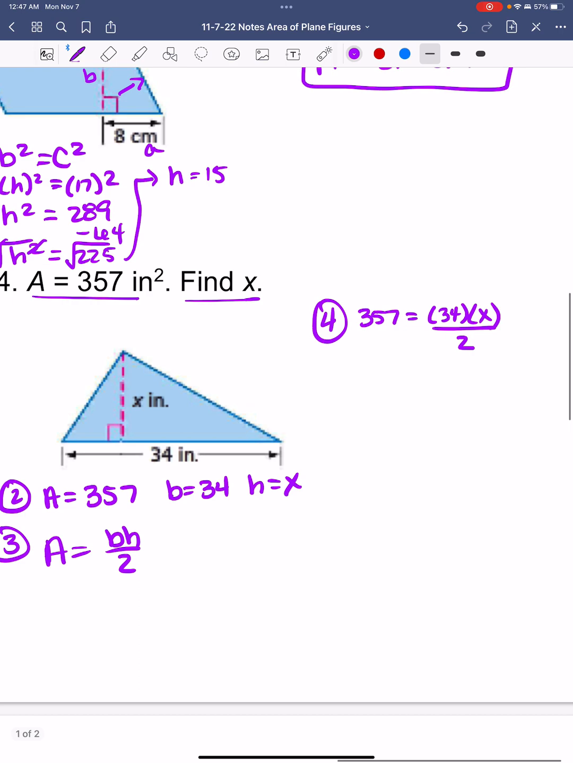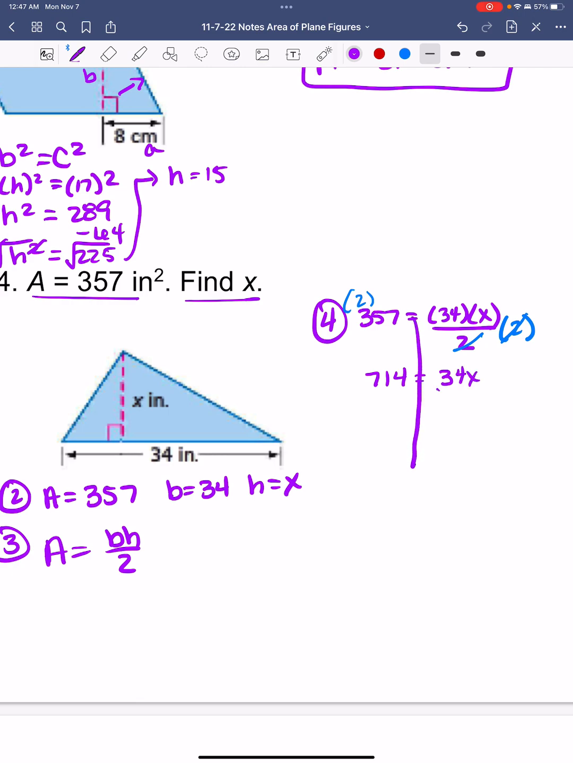Now, how in the heck do I get rid of that divide by 2? Well, you need to do the opposite of dividing by 2. The opposite of dividing by 2 is to multiply by 2. And what I do to one side of the equal sign, I'm going to do to the other. Now the beautiful thing is those twos cancel out, and now you're left to just solve it on its own. So that's going to be 714 is equal to 34 times x, which is just